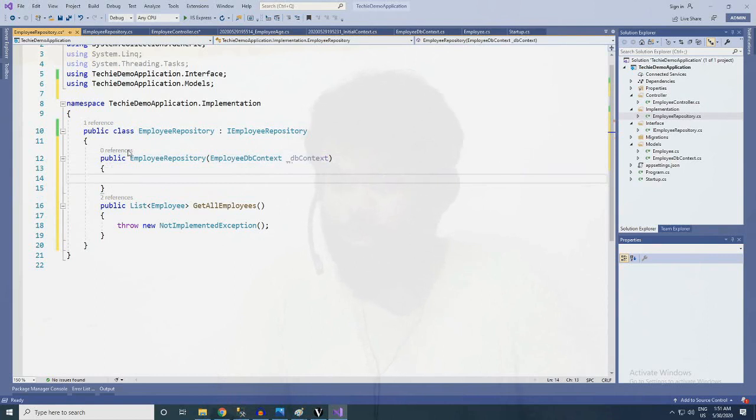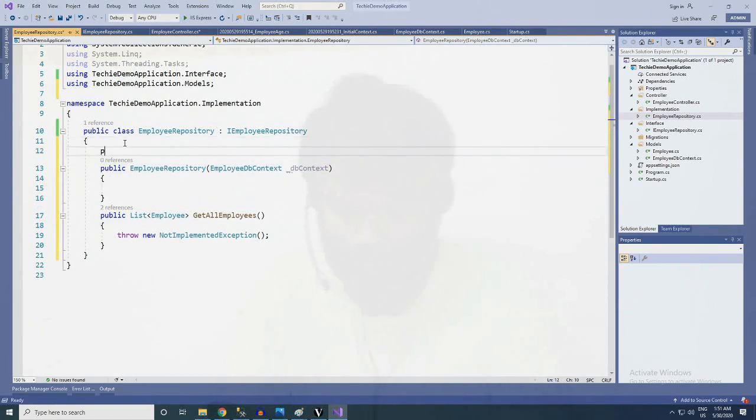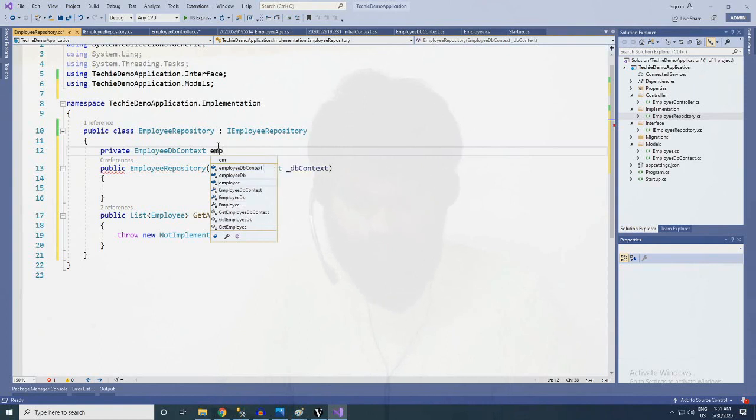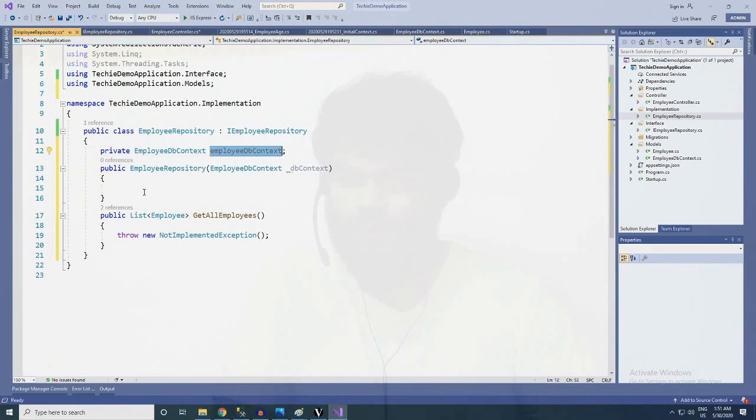Now let me save it in a private variable, employee db context, and now we can assign the value in our constructor.